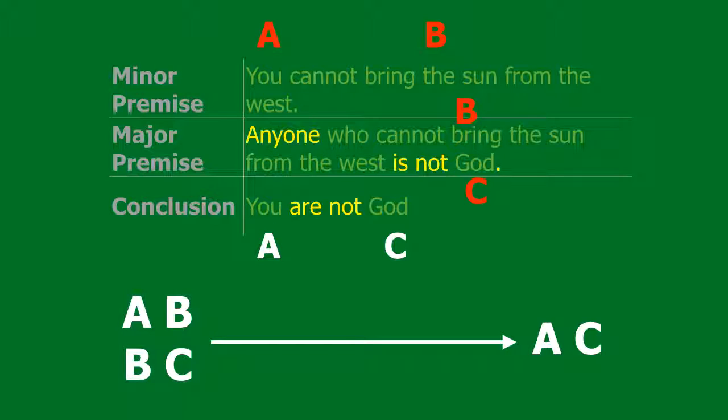A comes from the first proposition and C comes from the second. And there's something called a middle term, which we'll see shortly what exactly it means. Over here it's B, which is common to both propositions and which is discarded when we go to the conclusion. This is a categorical argument. This is a categorical syllogism. We'll see many more examples in this lesson, and inshallah you'll become familiarized with it.